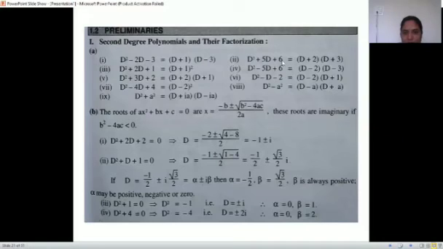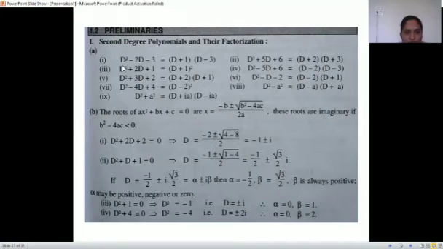Secondly, we can see d square plus 5d plus 6. 6, we know, is 2 into 3, and if we check 2 plus 3, it is 5. Very good. So directly we have got d plus 2 and d plus 3. Right. And there is another way also. We have the roots of quadratic equations. Whenever we have a quadratic equation of the form ax square plus bx plus c equal to 0, then we can easily write x is equal to minus b plus minus root b square minus 4ac upon 2a. Right? So we can check here also.